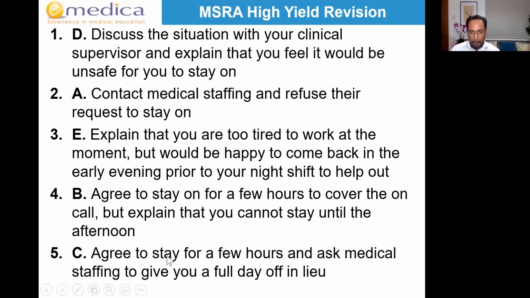What separates B and C is that in C, your reasoning is more about you than B. Like they're both bad, but B is slightly less bad. I can see in B, you're doing something unsafe. So you're not recognizing your limits. And you're explaining you can't stay until the afternoon, but you'll do a few hours, okay? So, you're giving them some help, okay? But not recognizing that it's unsafe for you to do that. Whereas in C, what you're saying is, look, I'll do a few hours, but I want you to give me like 8 hours, a full day back. You're trying to take advantage of an emergency situation, which guidance says that you shouldn't do.